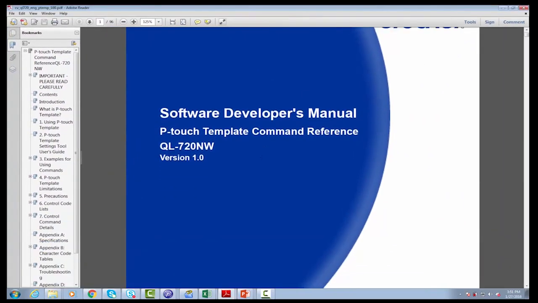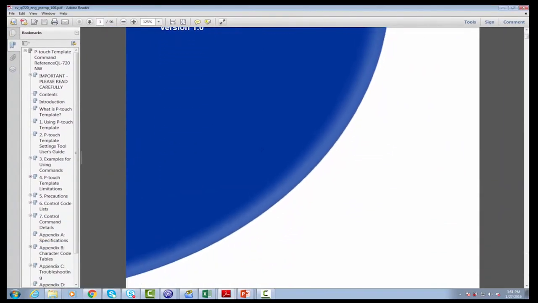So first off, we'll go through the P-Touch template part. And this is the command reference. We'll go through exactly how to utilize the ESC/P commands to